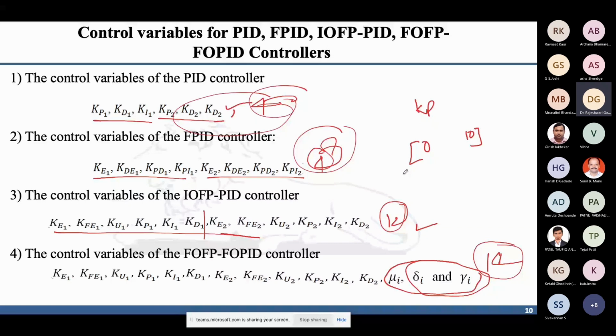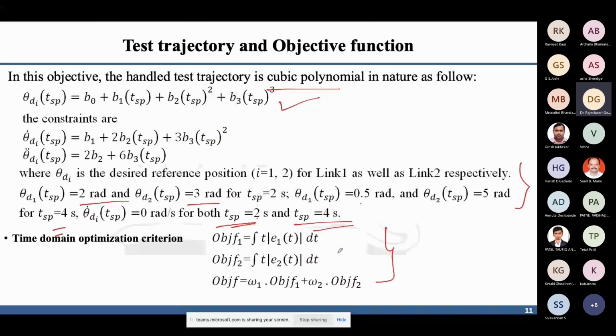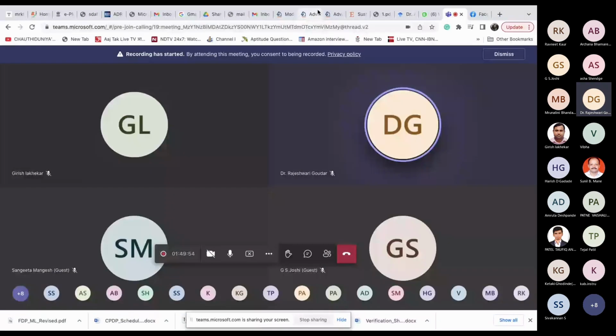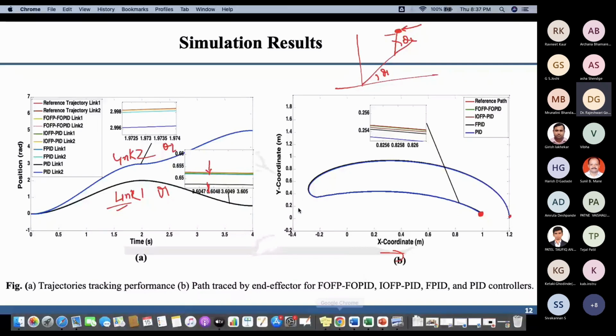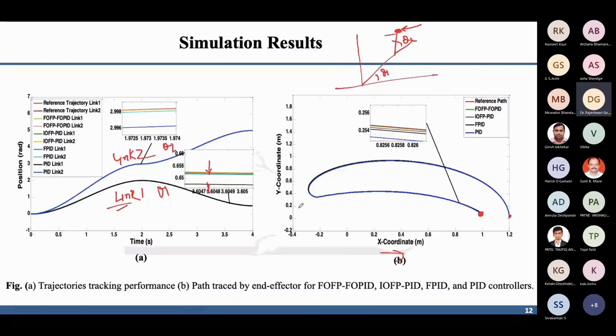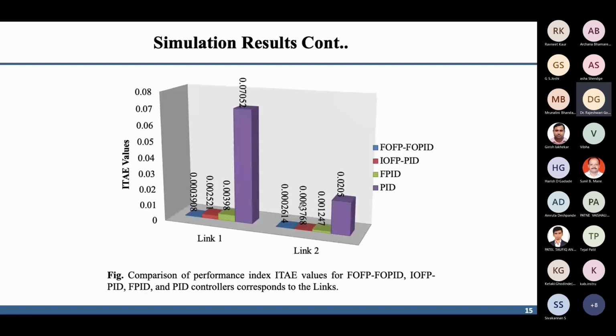Here you can see that for the optimization, we have considered some objective function. That objective function is the integral, known as integral time absolute error, right? So we are just discussing the simulation results related to very simple control techniques, which was proposed around 2017 or 2018. This is one of the research works. So very basic things we have done in this paper, and we have implemented many things, because this is a new area, so we explore those things, right?